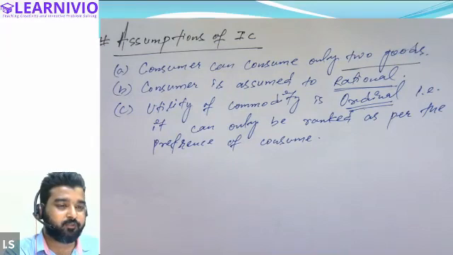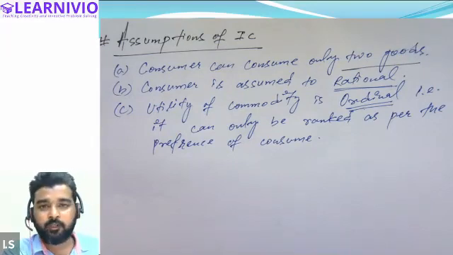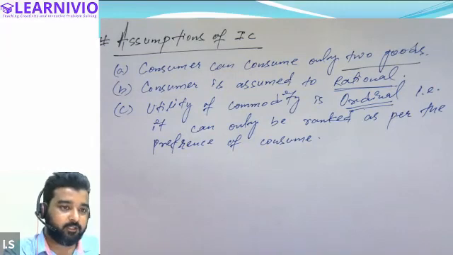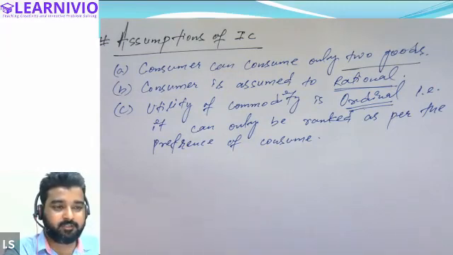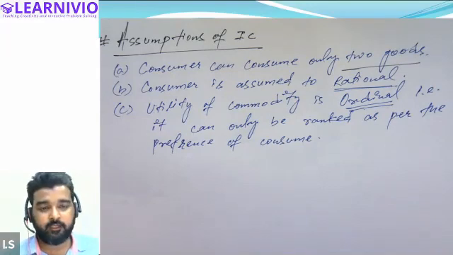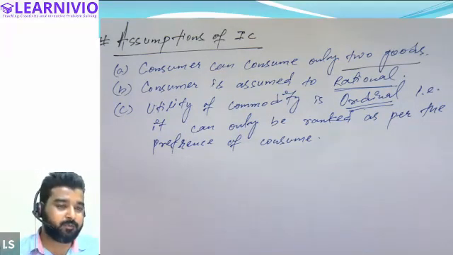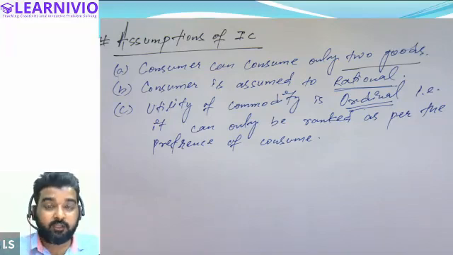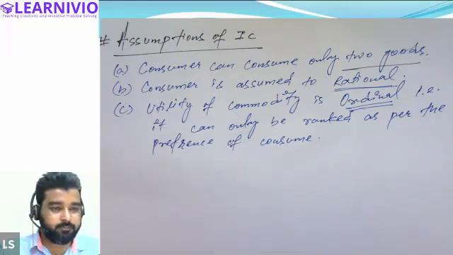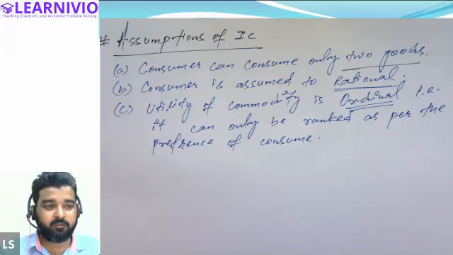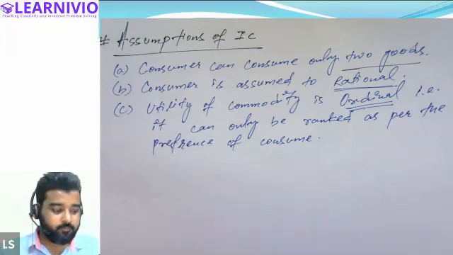Do you remember that in case of the utility approach, we assumed that utility of a commodity is cardinal, right? Cardinal basically means we can express the satisfaction of a commodity in terms of number. But the indifference curve approach says that utility of a commodity is not cardinal. It cannot be represented in terms of number. It is very impractical. In real life, we do not measure the utility of a commodity in terms of number. What do we do? In real life, we rank the utility depending upon our preferences.